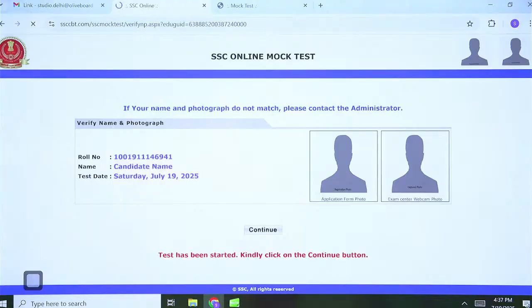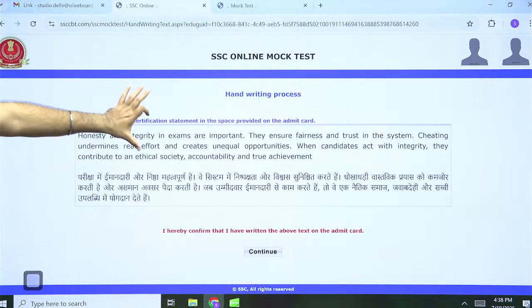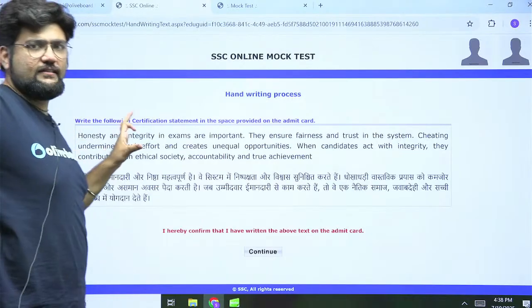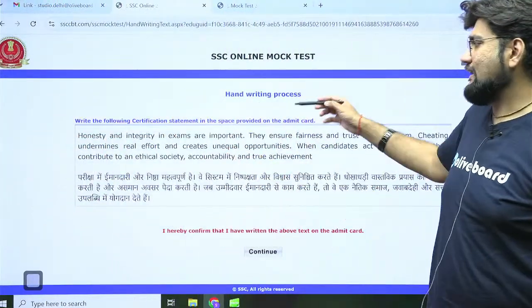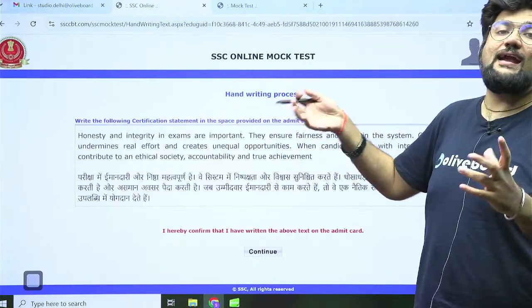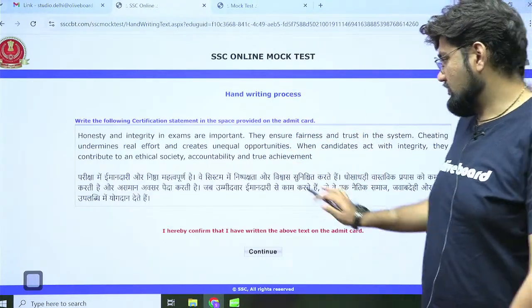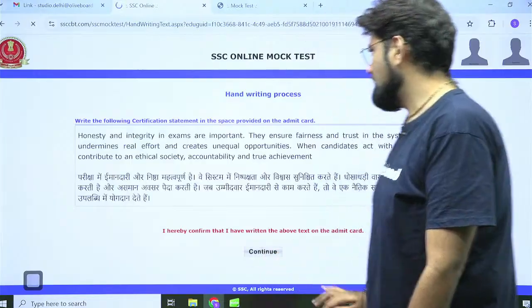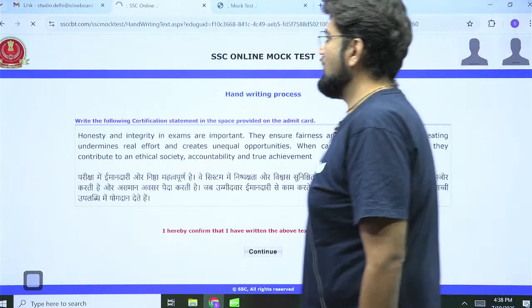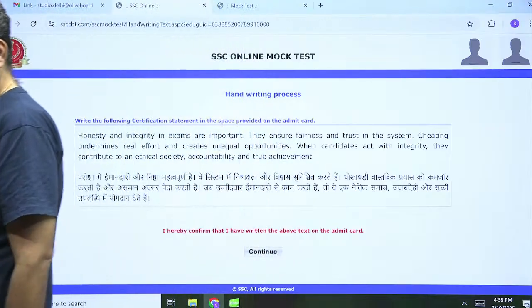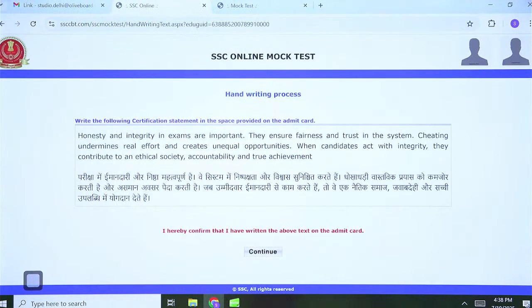There is a certain lag which is going on. That is the only problem. Okay, now what you will do is, on your admit card, this also used to happen previously. On your admit card, there will be a space given where you will have to write this down, so that your handwriting can be tallied and verified. So this will be done. You'll have to write this down, then you'll have to confirm that you have done that. Somebody is going to check that on your table as well, like a disclaimer.